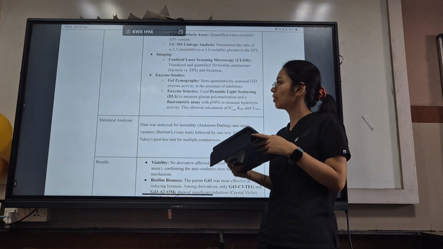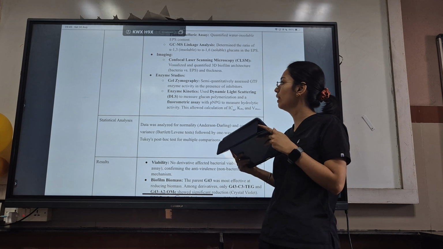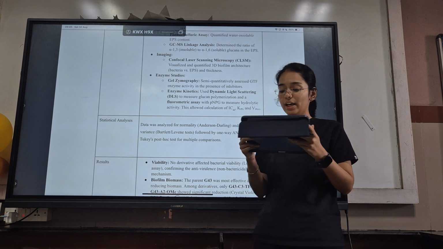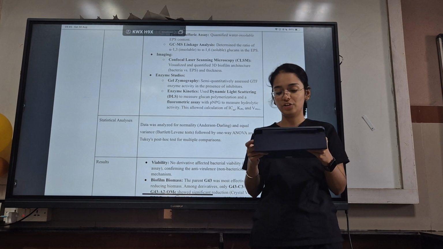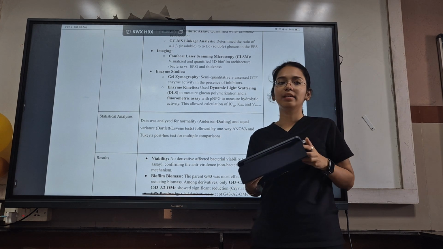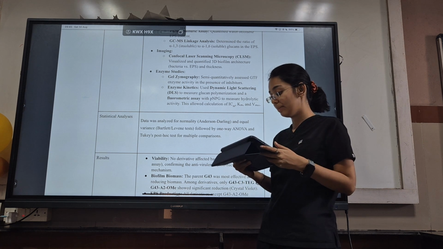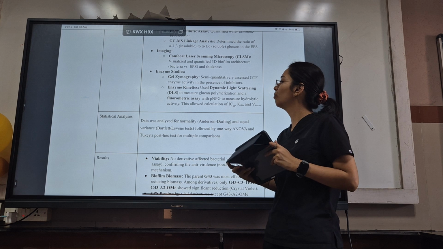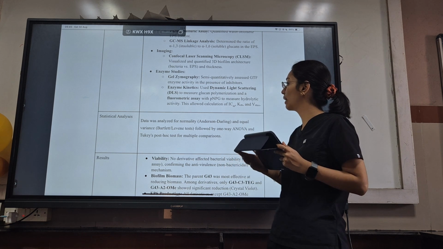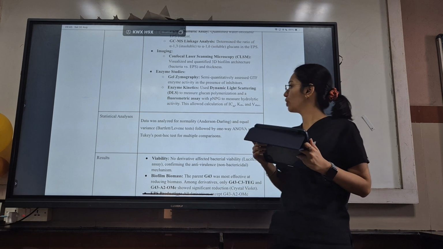Enzyme studies were also carried out, like gel zymography, where they semi-quantitatively assessed GTF enzyme activity in the presence of inhibitors, and they also proceeded with enzyme kinetics, where they used dynamic light scattering, DLS, to measure glucan polymerization, and a fluorometric assay with PNPG to measure